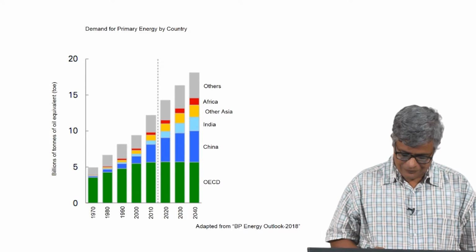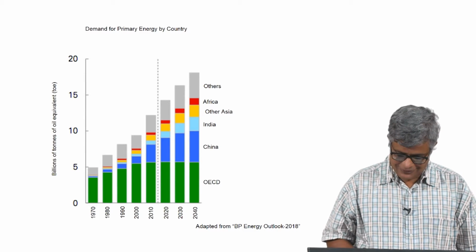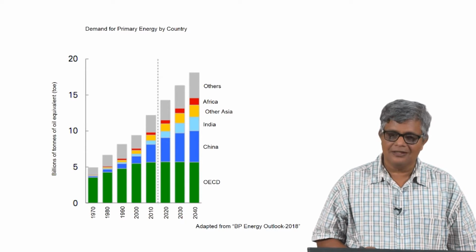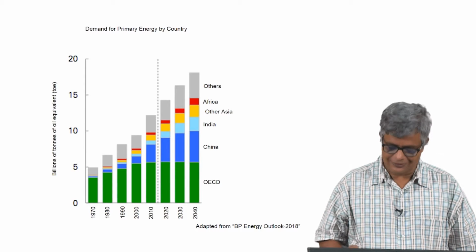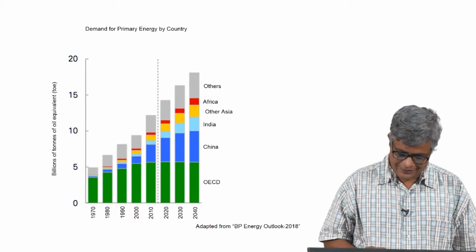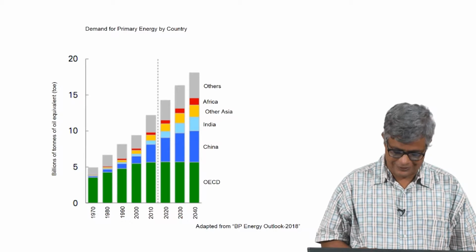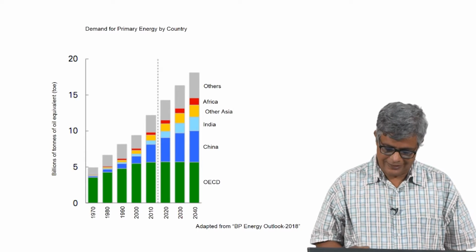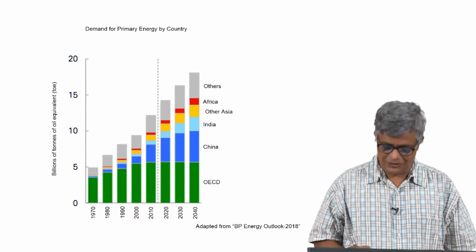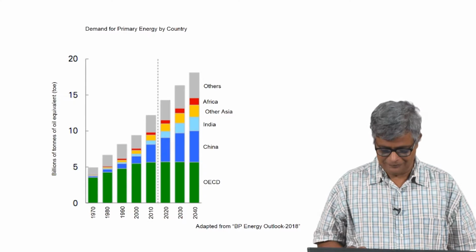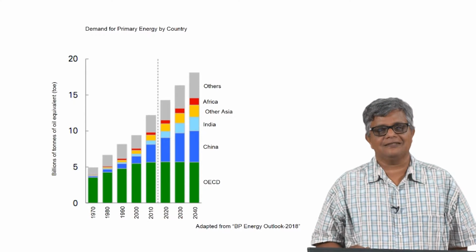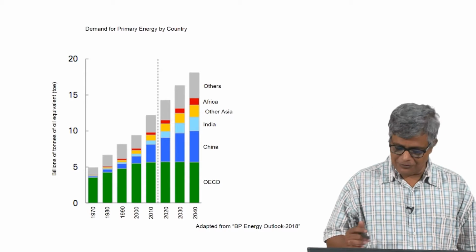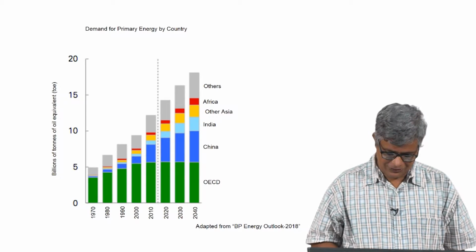So, you can see here through the 1970s and 1980s, 90s, even 2000, the economically well developed countries, the OECD countries, have had increasing amount of energy, but since then it has been leveled off, and it is expected that the energy demand from these economically developed countries will not increase significantly for the next 20-30 years, and it may even decrease. There are a number of reasons for it, and we will not go into that particular thing.